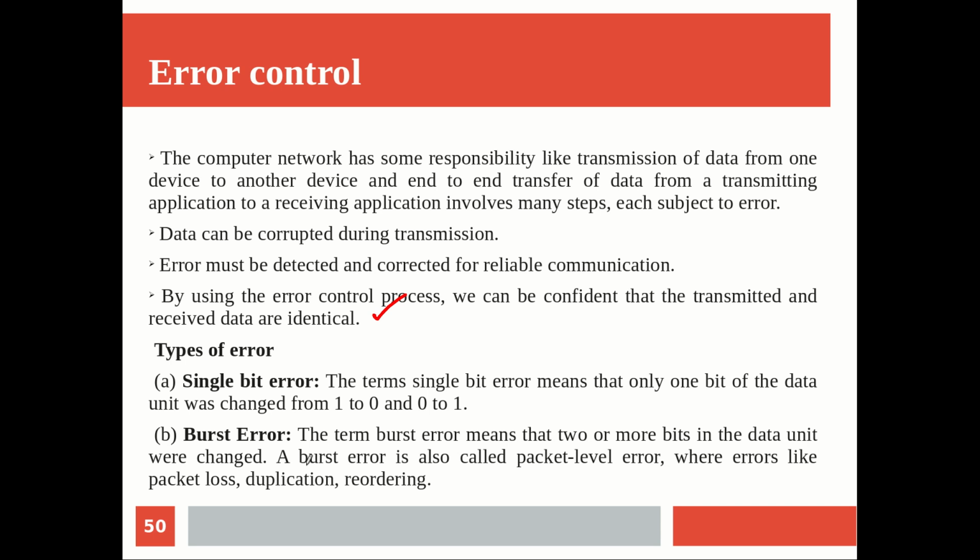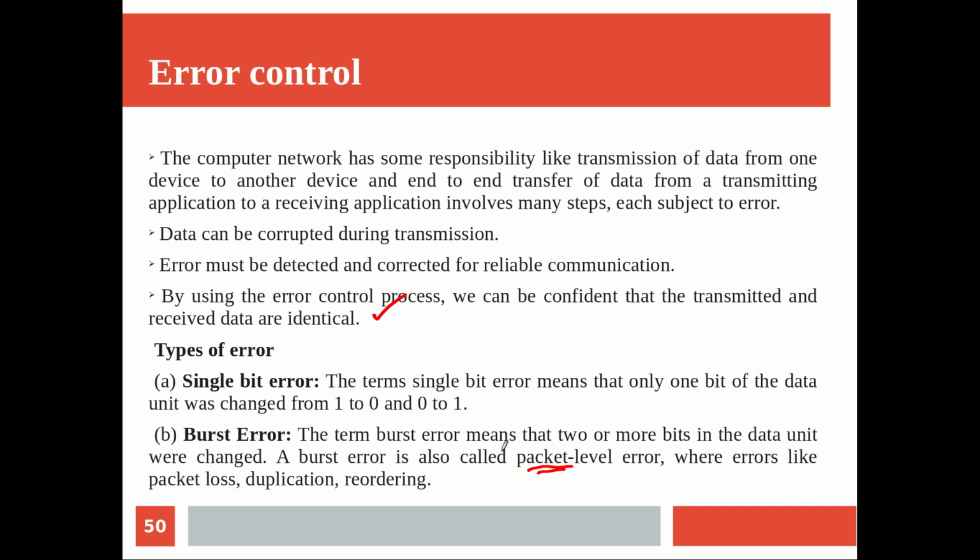So burst error is otherwise called packet error, because, as we have already seen, the information is in the form of zeros and ones, and we group or divide it. In general we call it a message, and it is of very large size. So we divide it into sets of bits together, some units, and that unit is in general called a packet. We will see the size of a packet and at what boundary we divide it later. So for the time being, this is a unit of communication.